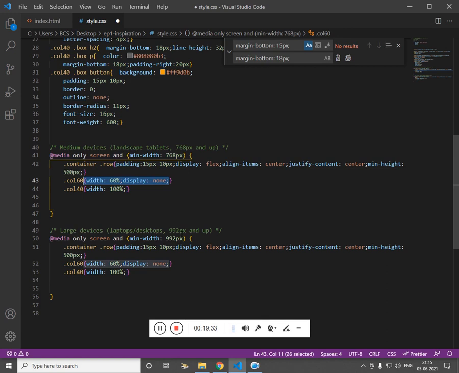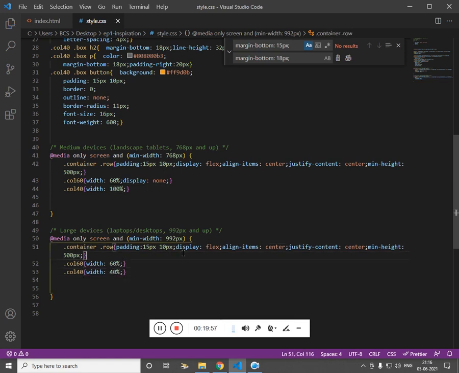Instead of display none, let it be display none for tablet as well, but for desktop we have to remove the display none and make this 40% and make the padding as 50.